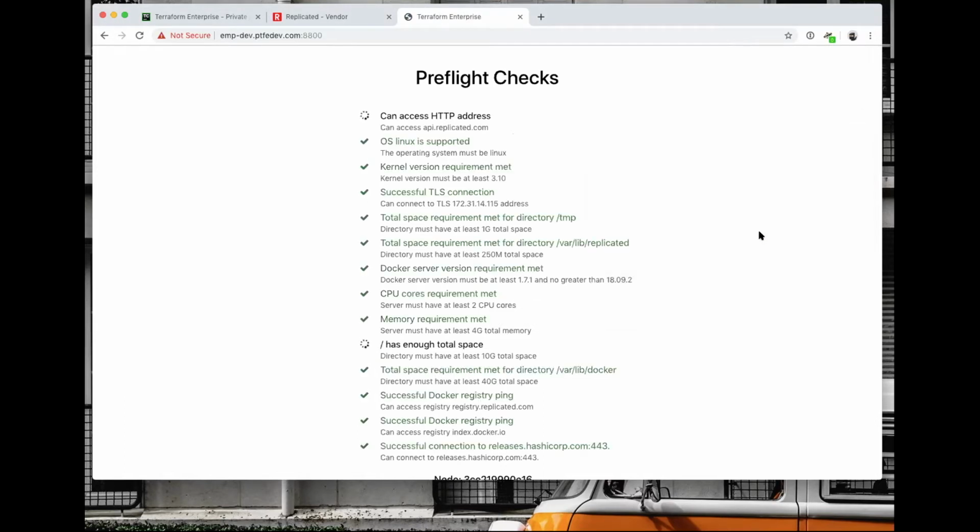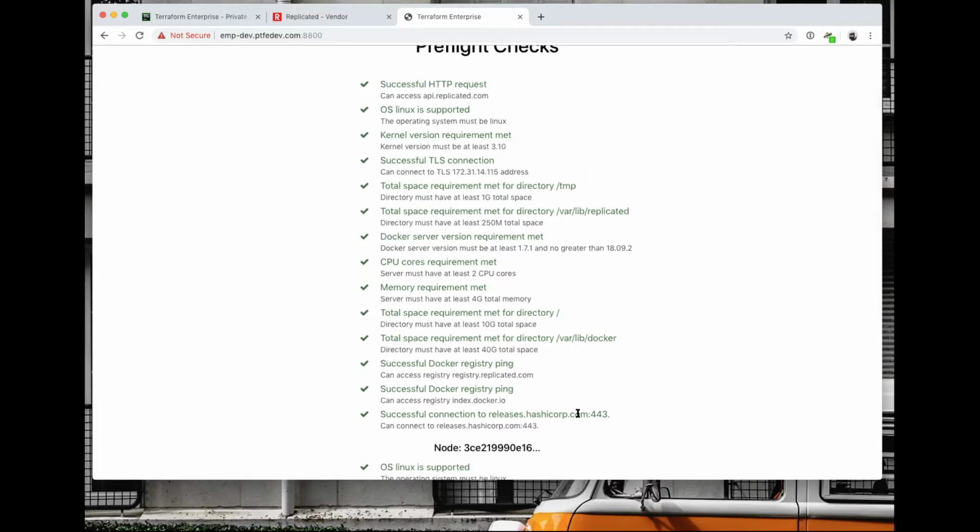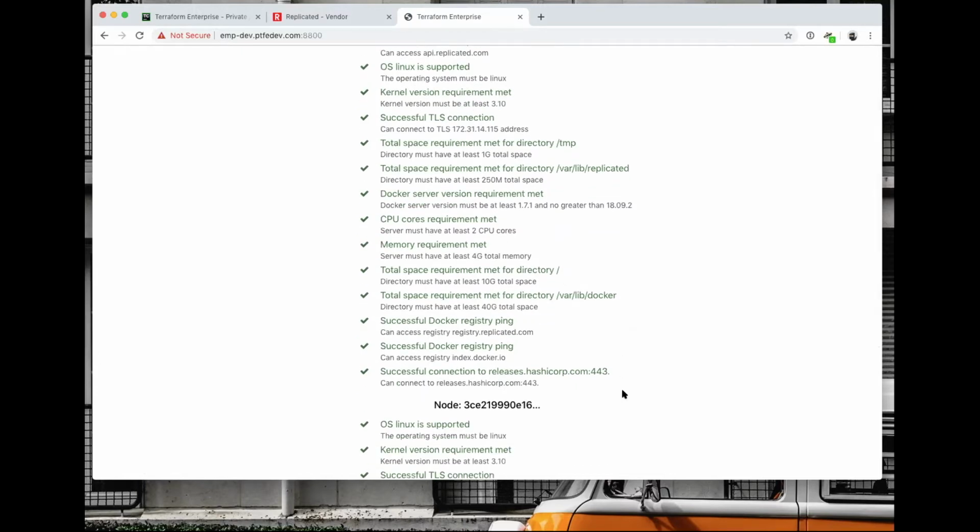Pre-flight checks. Do you guys have any custom pre-flight checks? Yeah, we do. You can see this one right here, and I think there's another one in here related to size. This is probably the one that's most obvious. Right now the machine needs to be able to talk to release.hashicorp.com to actually download Terraform providers. Oh, okay. So we need to surface that as soon as possible.